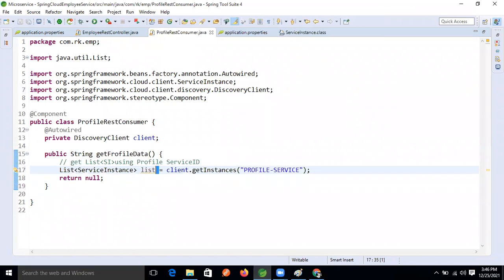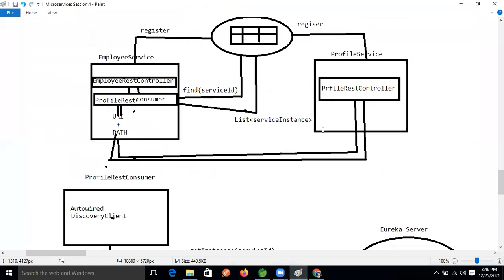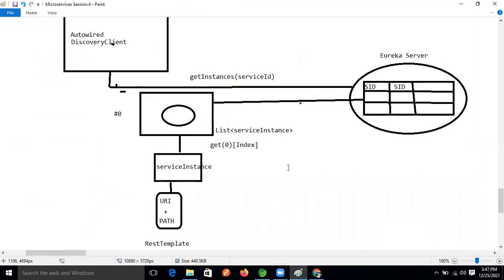But only one instance is there in the Eureka server, only this profile REST instance. Still we are getting a list of instances. So to fetch only one record, we need to read a single instance from index number 0, right?